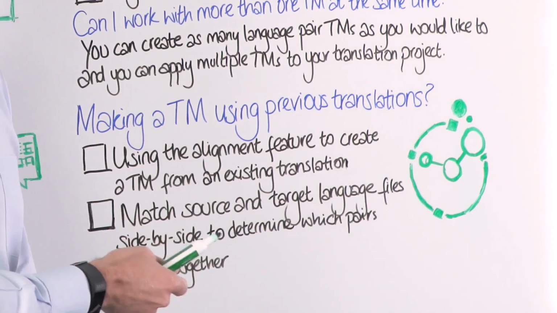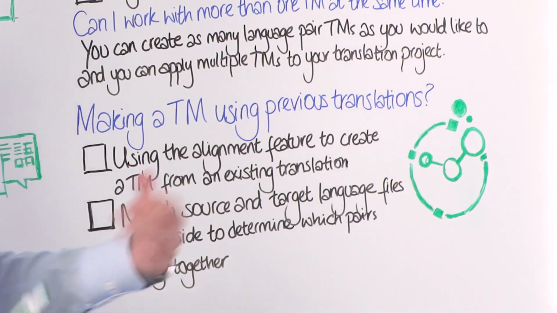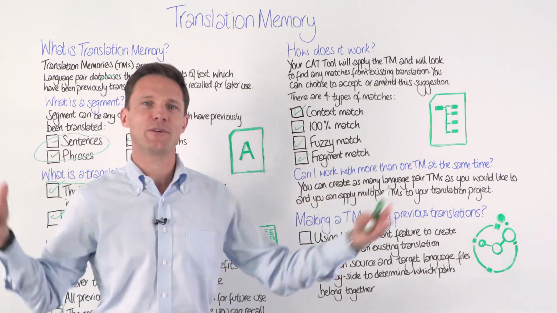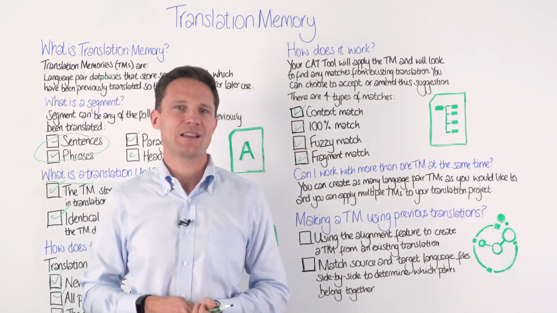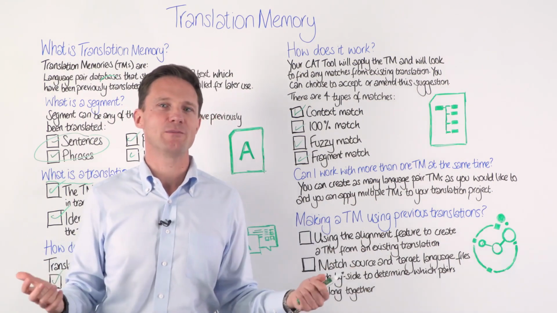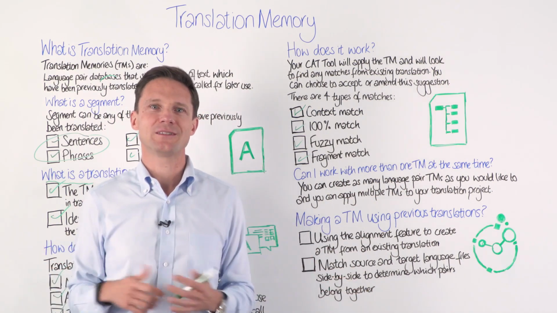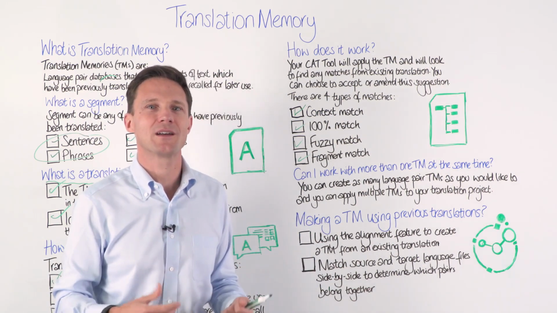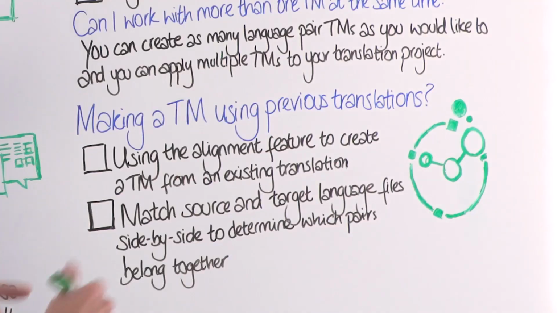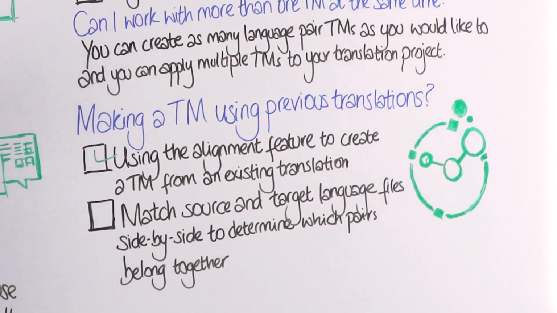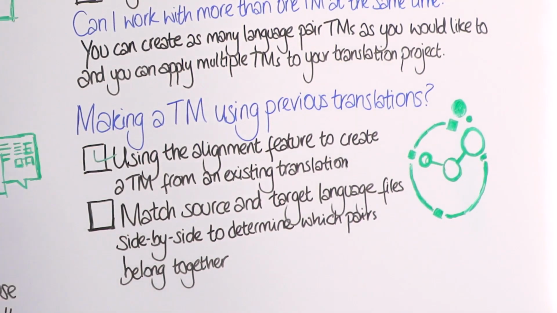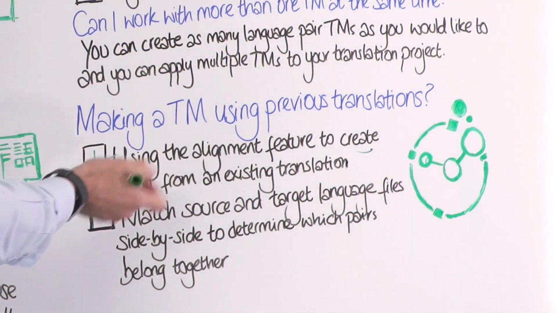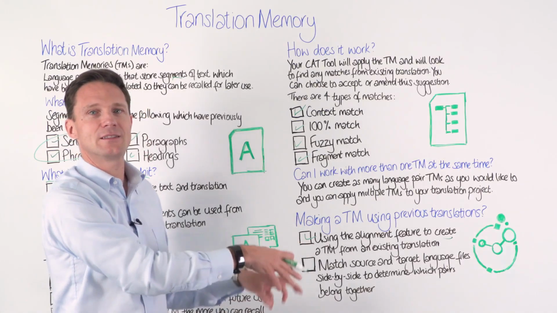When you're starting with translation memory, I told you that you can build it pretty fast. You start translating your 2,000 new words a day and the translation memory will build up. But you might have been a translator for quite some time and you might have a bunch of documents that you want to import into the translation memory. So can you actually make a translation memory from your previous work? The answer is that you can. There is a tool called Alignment. It's a feature, a functionality that allows you to create a translation memory from your existing translations.